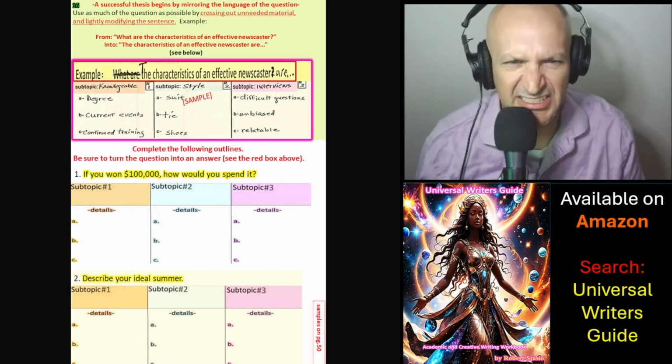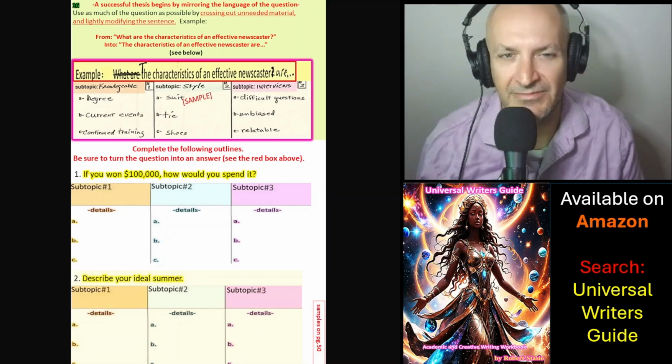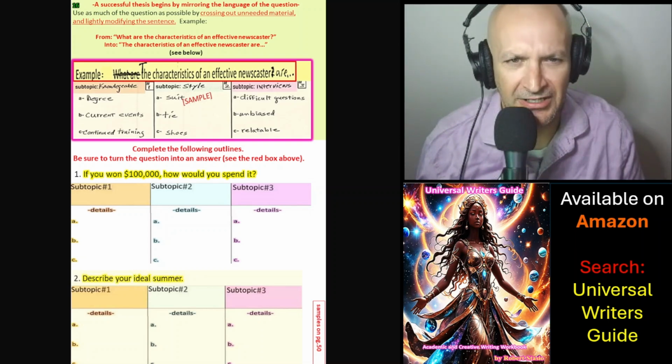So a successful thesis begins by mirroring the language of the question. Use as much of the question as possible by, in the example down there, crossing out unused material and lightly modifying the sentence. So in the example here, the question is, what are the